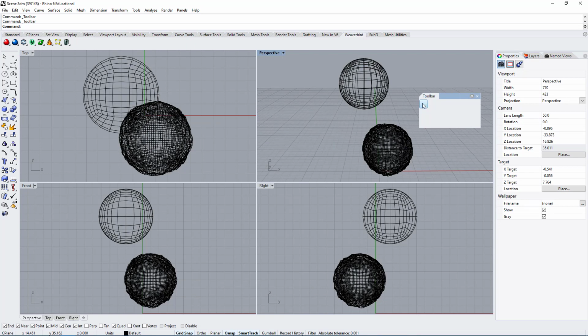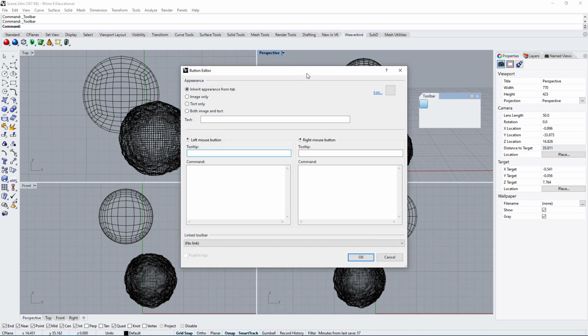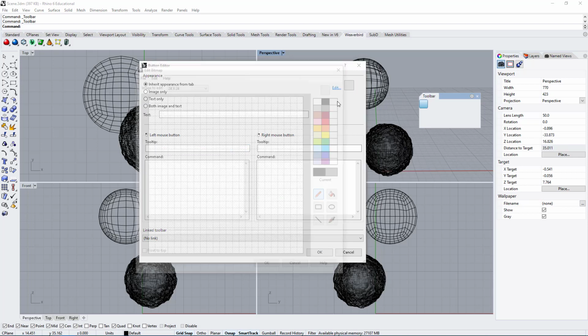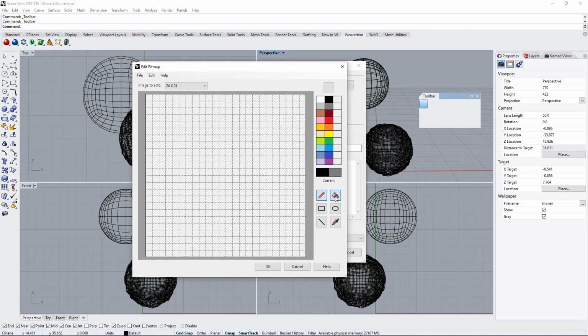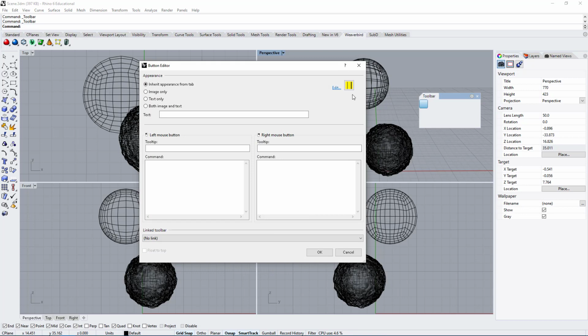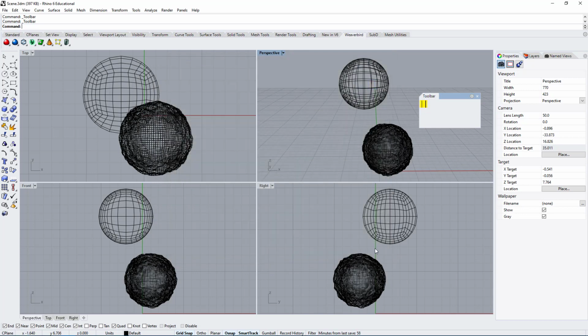You can actually click on this thing, which does nothing. It allows you to create a new button. And you can also edit the graphic for it, and we're not going to do that right now, but clearly you could change the color, you can paint something. Let's say we want this to be a line and another line. Let's say that's the icon we're creating. Okay, so now we have some kind of icon that will appear here. If I press OK, you can see now you have this button.